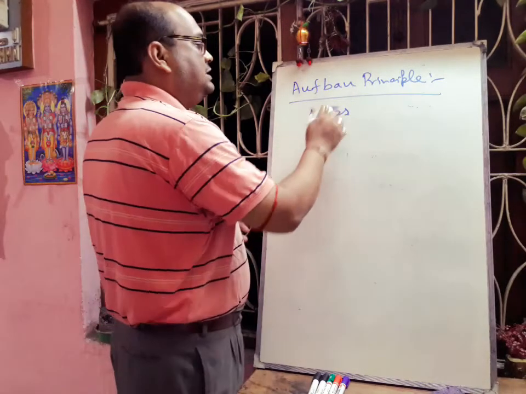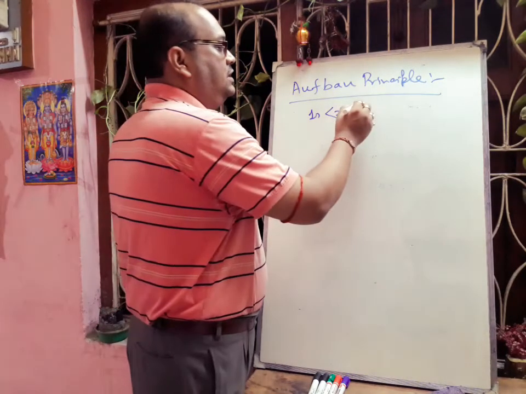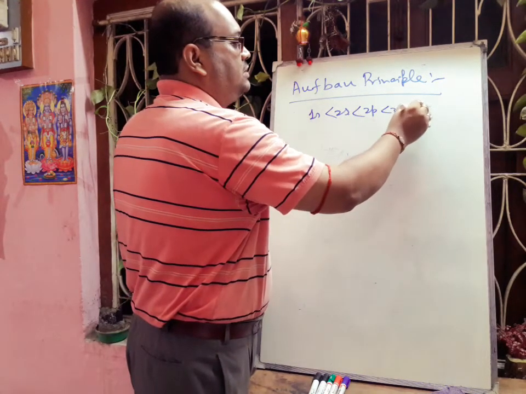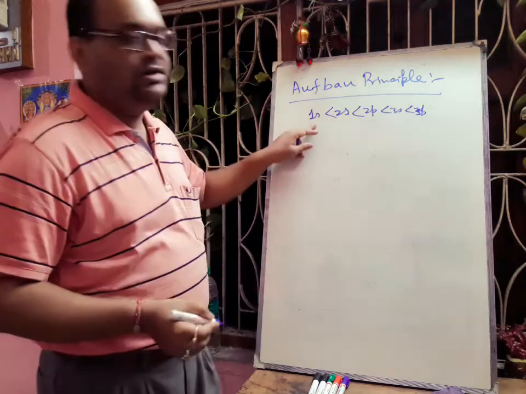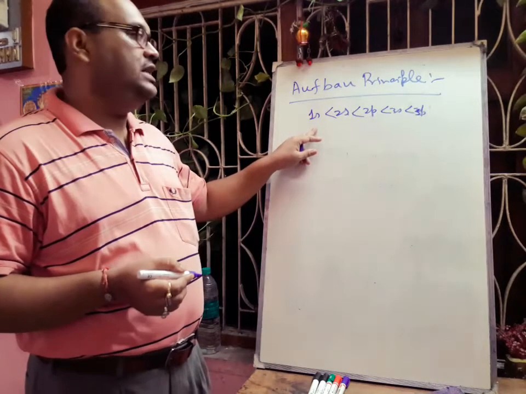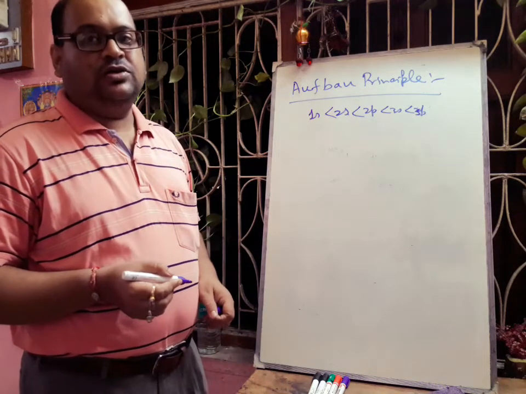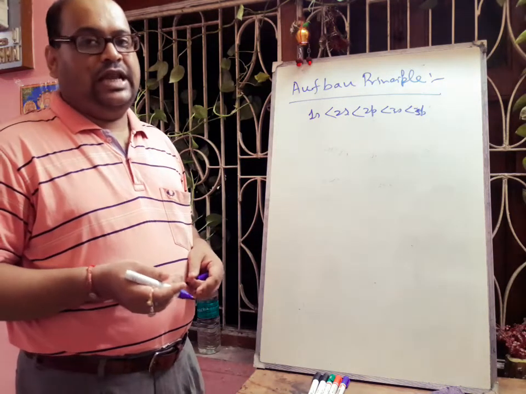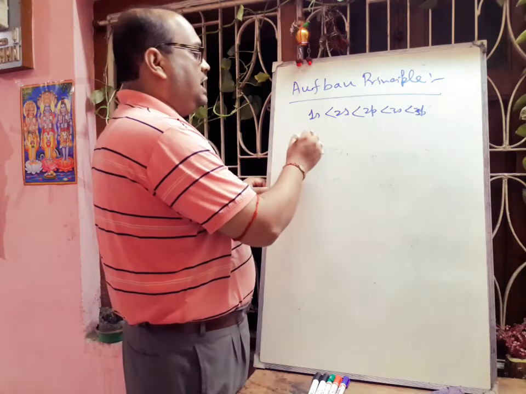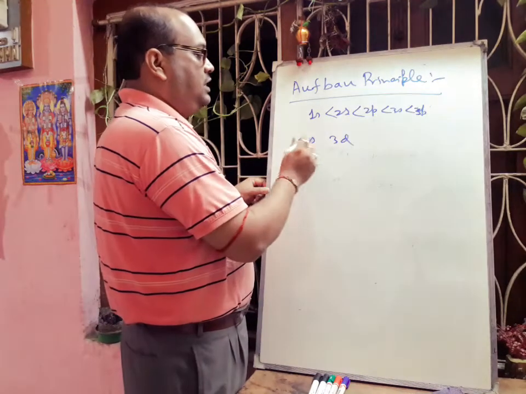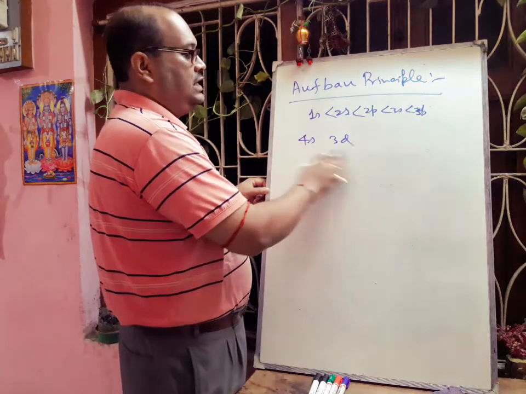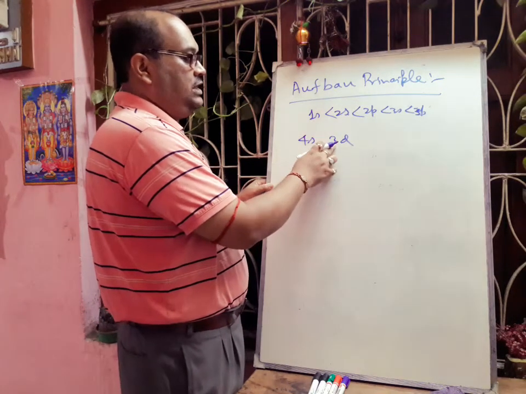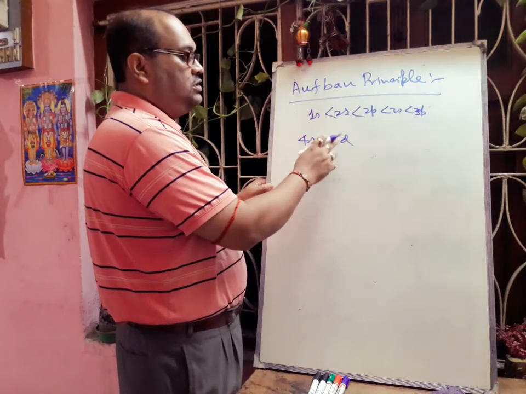So energy increases from 1s to 2s, then 2p, then 3s, then 3p. In this way we are going. So lower energy orbitals will be filled first by the electron, then the higher energy orbital. Now if we think about other examples like 4s and 3d, then we can easily understand. Which one is the higher energy? You are thinking by considering this n, here n value is 4, here n value is 3. So this should be higher, this should be lower, so this should be filled first.